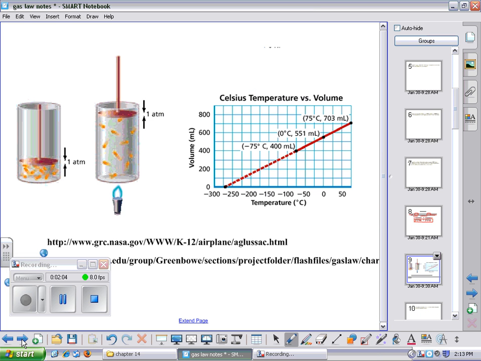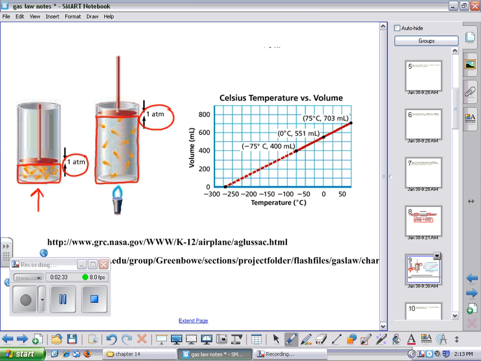Oh, wait a minute, before we do that, let's look at these pictures. So you can see here, in this first picture, you have a small volume of space. In the second picture, you have a large volume of space. But in both of them, the pressure is the same. It's 1 atmosphere of pressure. So if you increase the volume,